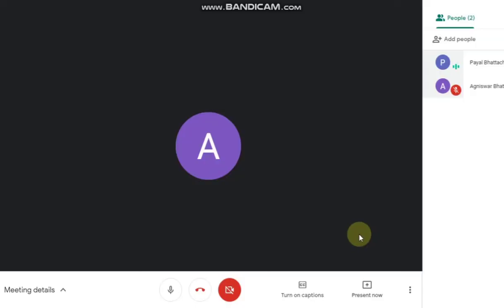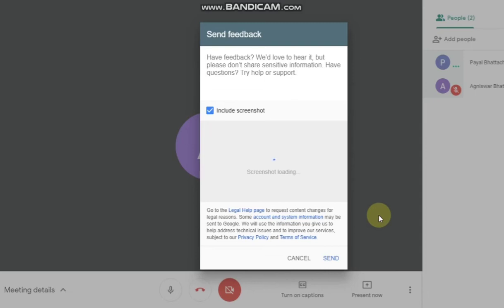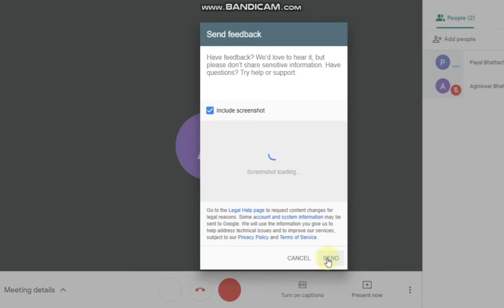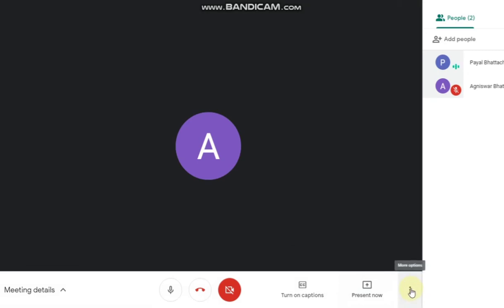And speakers also, you can test that. And again clicking on this ellipsis, these three buttons, you have more options. You can check that. If you want to report a problem to the Google community, you can do that by clicking here, and straight away you will be taken to that particular feedback screen. If you want to give a screenshot of this, that also you can do. I'm cancelling since I don't want to give any feedback right now to the Google community. This is for your help.